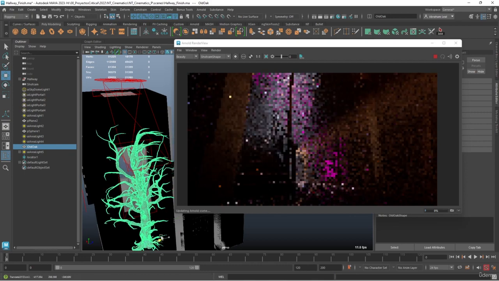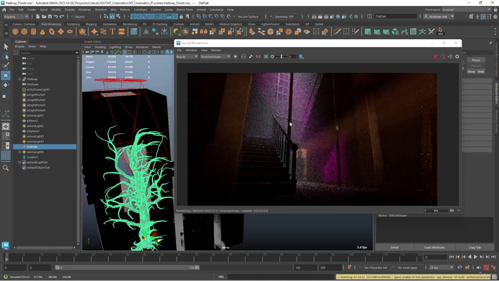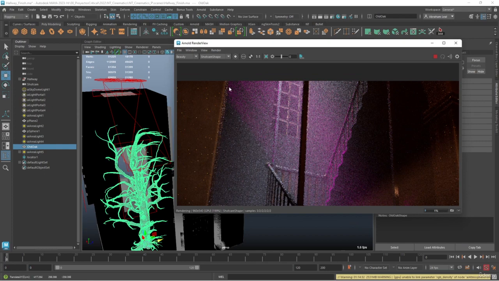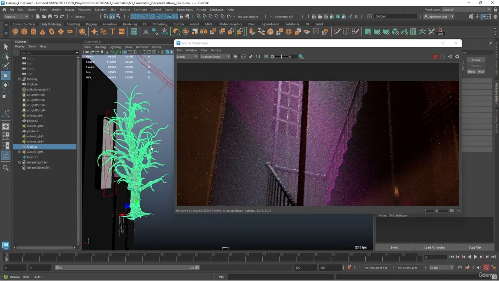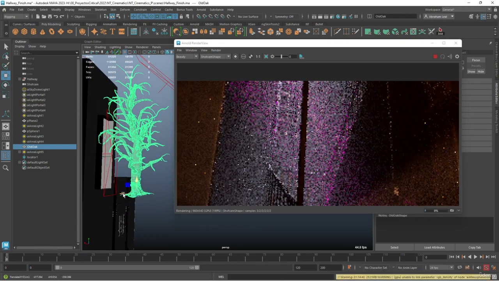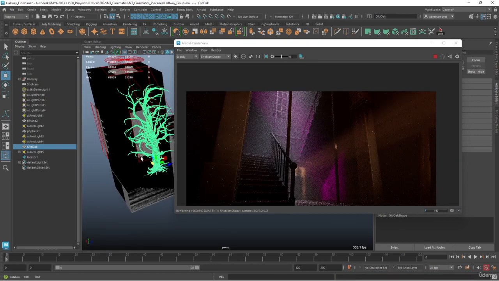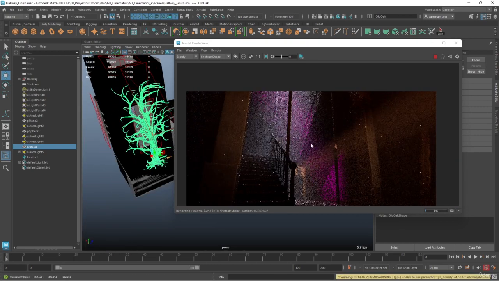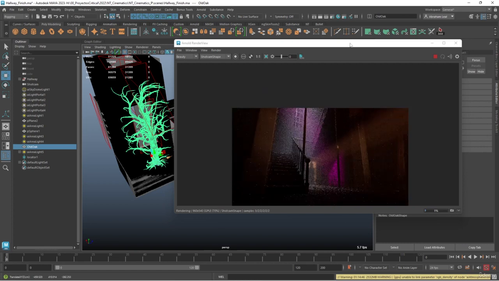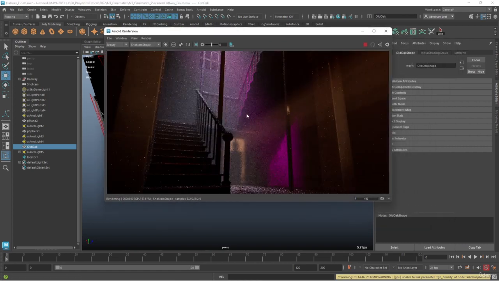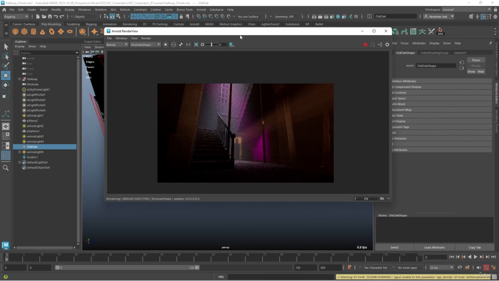Let's move the tree. As you can see, it's a little bit difficult to know this, but there are some God rays coming there from the tree. Let's see if by pushing the tree further up, we can block some more of those rays to create some harsher shadows. Cool, there we go. Now that we have something interesting, now that we have all of these rays of light coming into the scene,